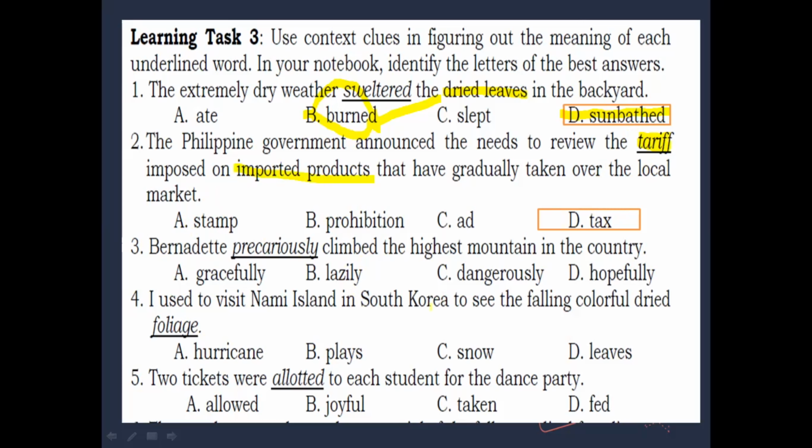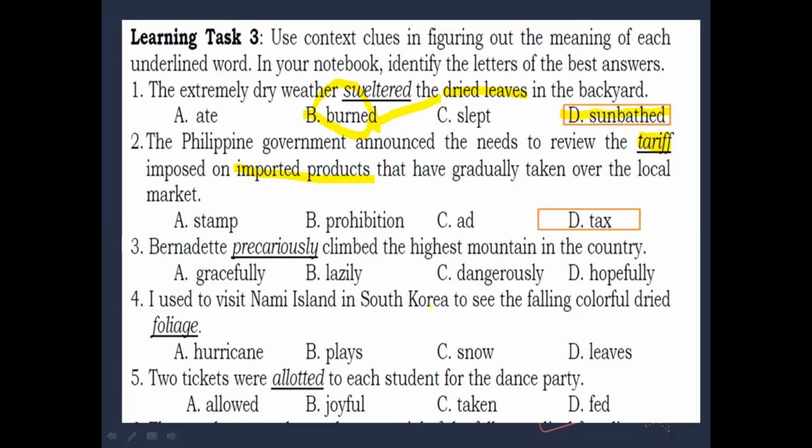Number 3. Bernadette precariously climbed the highest mountain in the country. Precariously. What is the meaning of precariously? Okay, A. Gracefully. B. Lazily. C. Dangerously. Or D. Hopefully. Let's